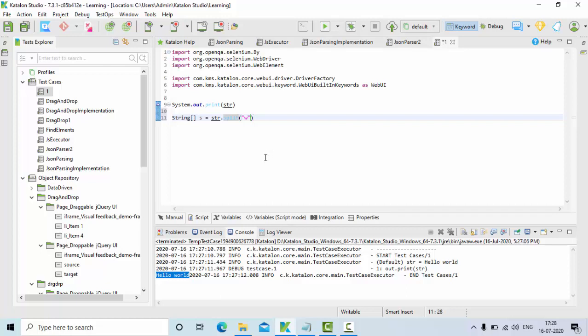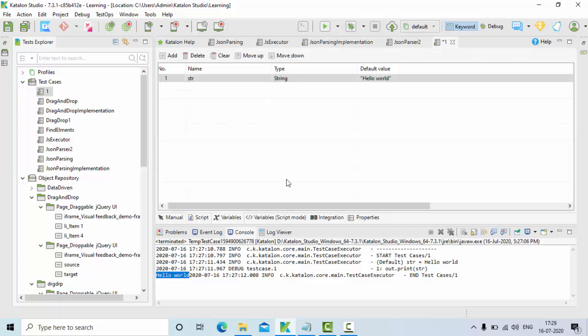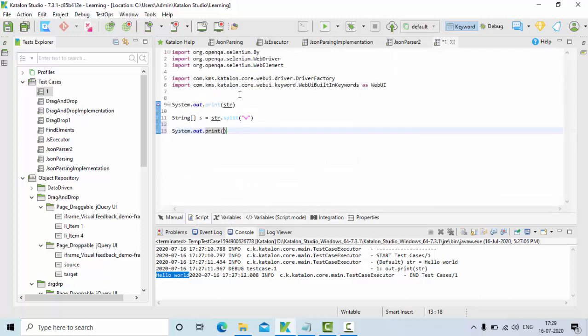This is my str, right? So System.out.println. Now how many strings are there? Once I split the string by the character w, there were two strings. One is hello, the other one is world, right? So that will be stored in the string array.